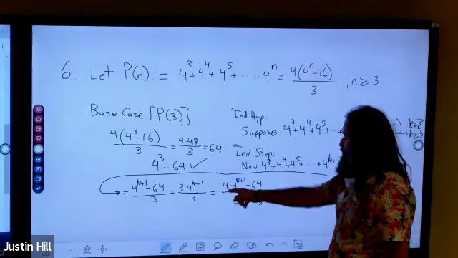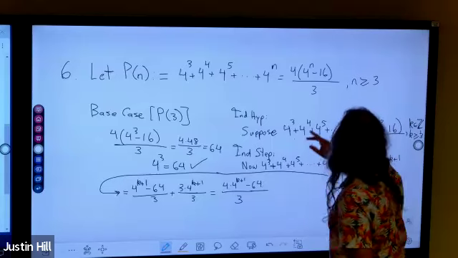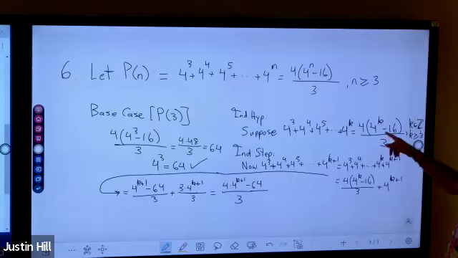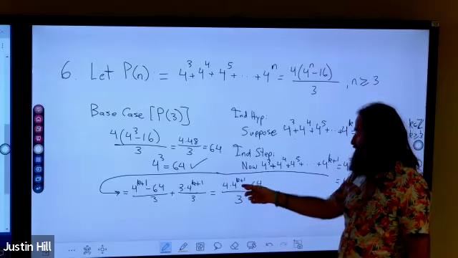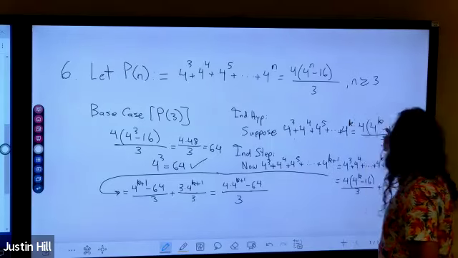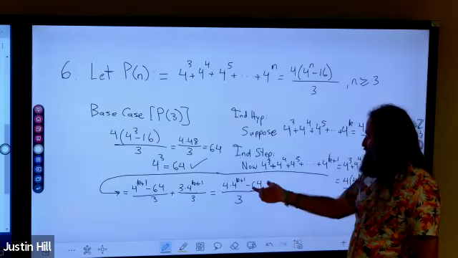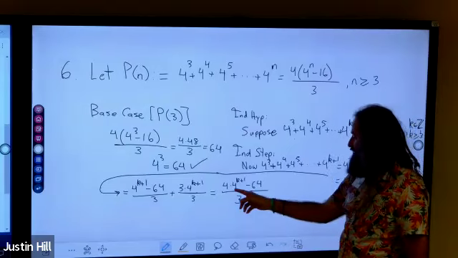Now you could multiply through by the 4, but again, I have to think about my goal. My goal is actually a fraction that reads 4 to the k plus 1 minus 16 in the top. Notice I kind of already have that, or I'm at least close. I have 4 to the k plus 1, but it's times 4. Instead of the 4 being outside of parentheses, it's tagged onto the 4 to the k plus 1, and instead of a minus 16, I have a minus 64. But it looks like I can get there because I can factor out a 4